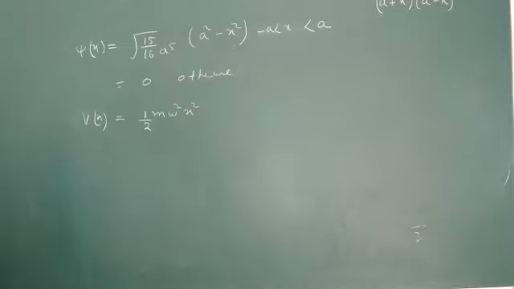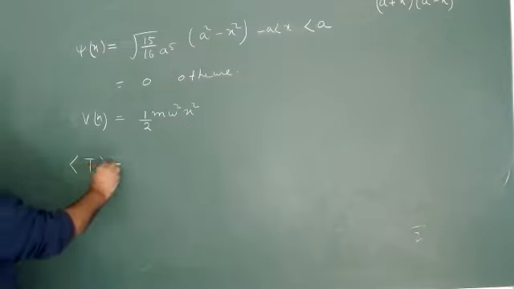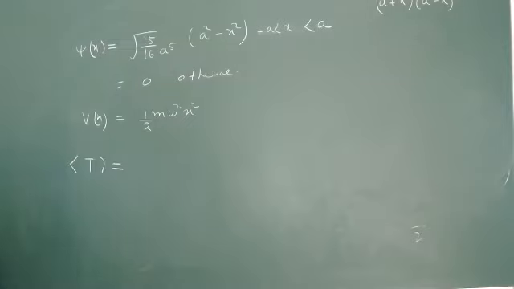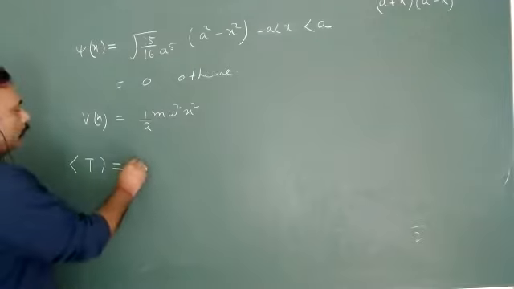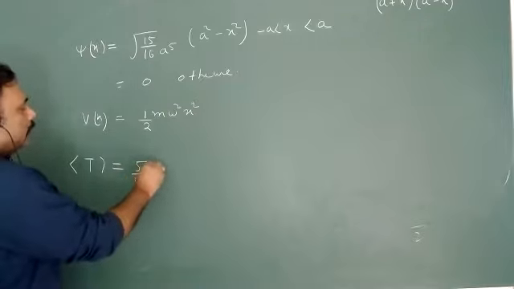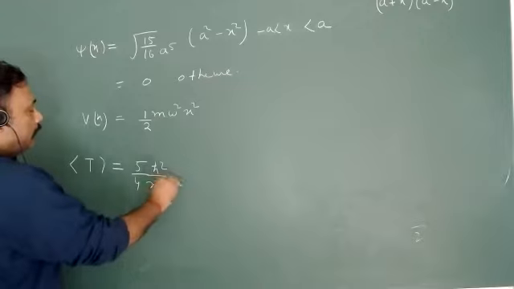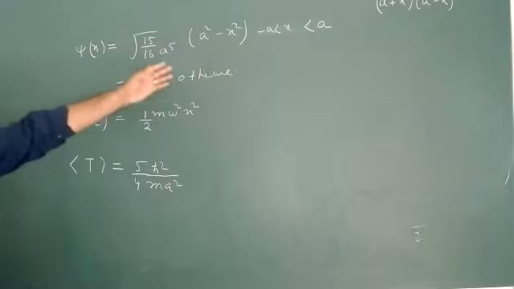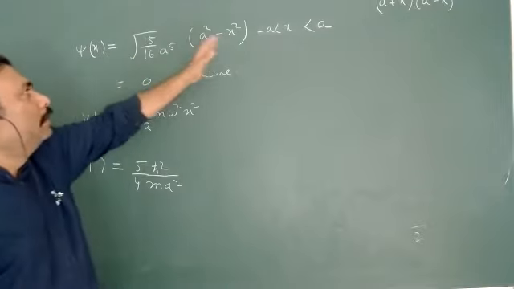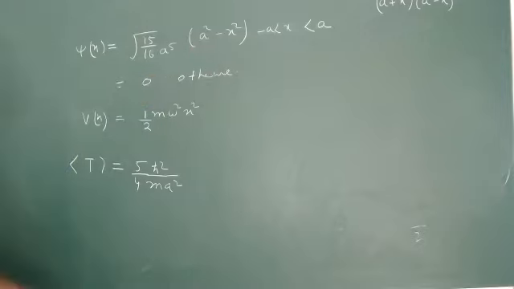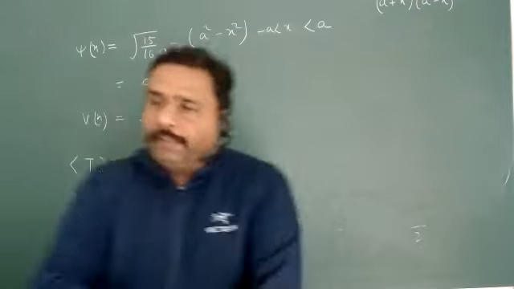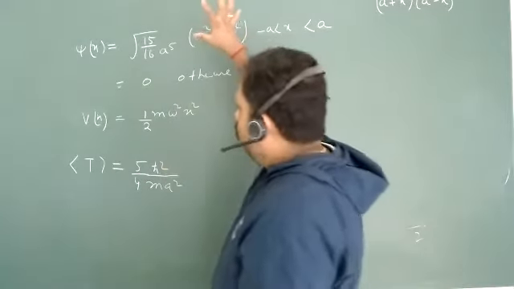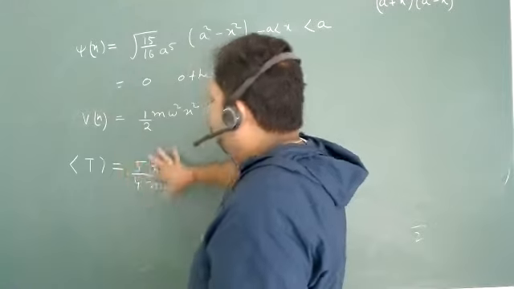So what I have to do? I have to just go for the kinetic energy of this particular wave function. So what will be kinetic energy? याद है कुछ? लिखवाया था? That is what? 5 h cut square upon 4 m a square, है ना? This is your kinetic energy. You can easily calculate it also because this is very simple. Because if you differentiate twice, all this will be gone. Only this particular value will survive there. So you can do this exercise yourself. Okay, but I will suggest you try to practice at home, but remember this thing because it will save your time.